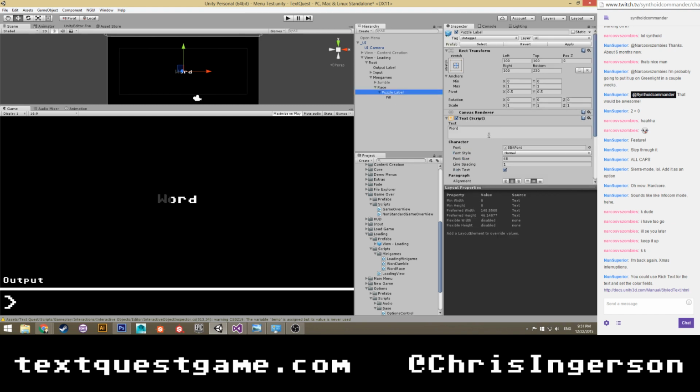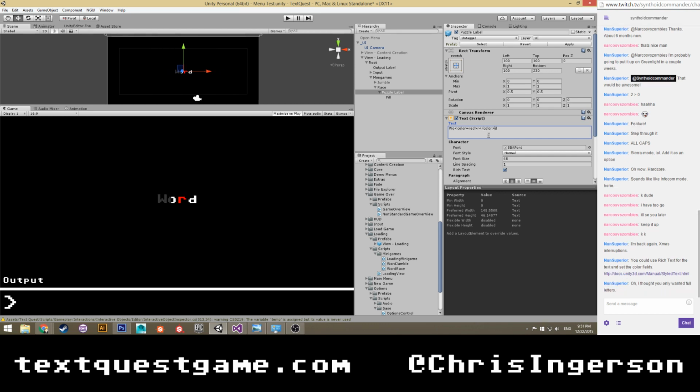With rich text, I can only do something like this. So color equals, we'll say red. I can only fill in the full letter, basically.